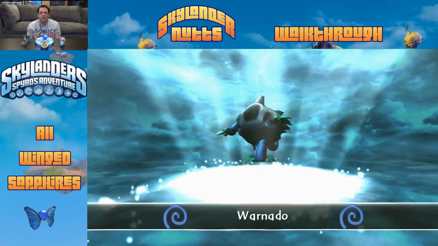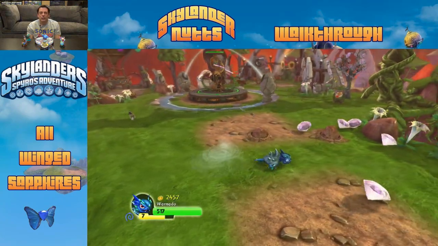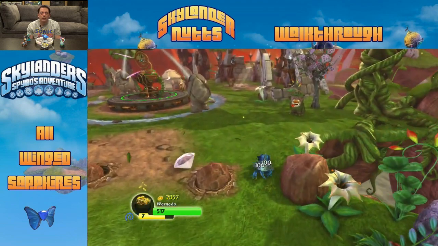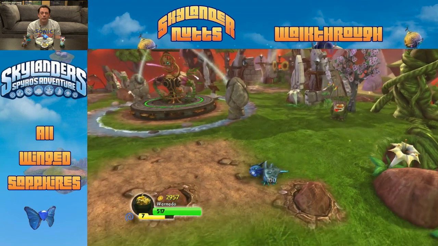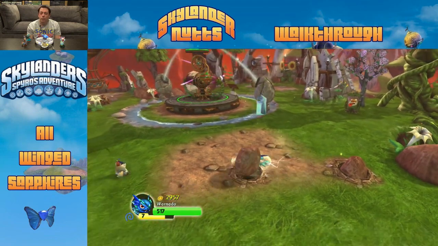Happy needed some money too. So, all right. Warnado, we're gonna get 100 per diamond. That's basically 500, I guess, right there. Now we did just bump this one for the Winged Sapphire. If you want to bump it a couple more times,